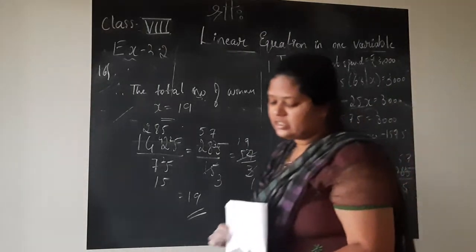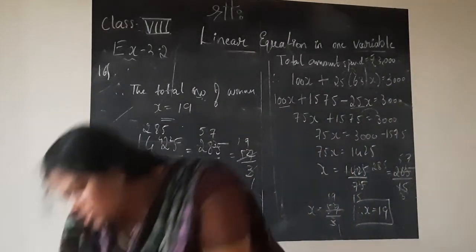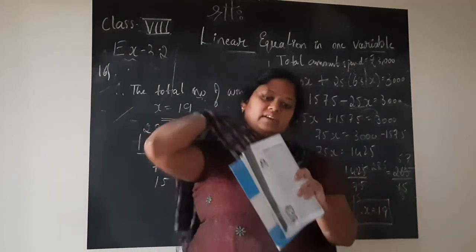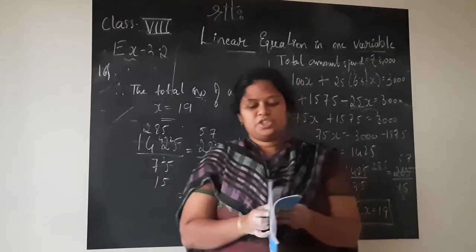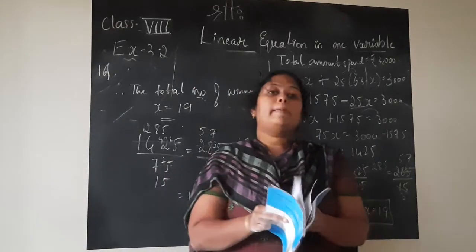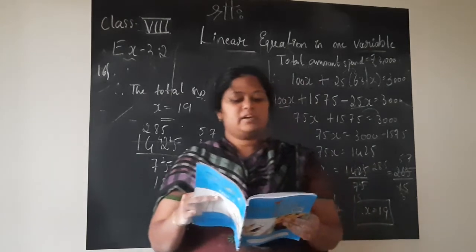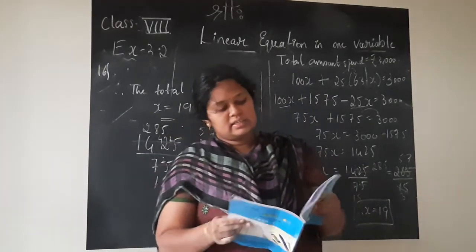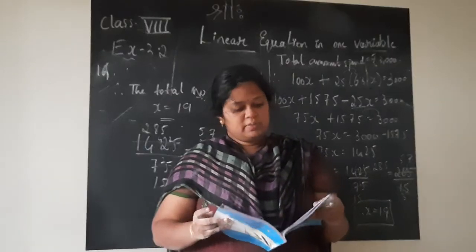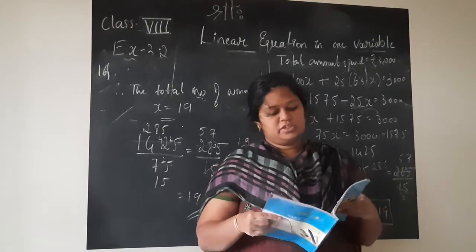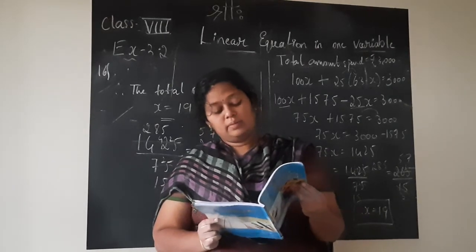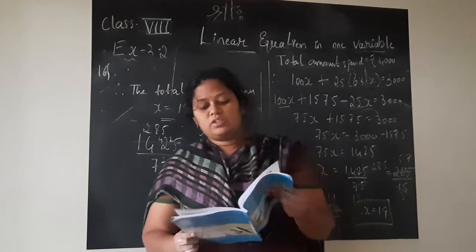So this completes exercise 3.2 in your textbook. Next we have solving equations having the variable on both sides. This is a very interesting concept which I will be teaching you in the next session. So we should solve exercise 3.3, children. Next you have some more applications, that is exercise 3.4, which has been removed as of now. And next you have exercise 3.5 which is reducing equations to simpler form, and we will be solving that exercise. And in one more exercise we are left with equations reducible to linear form. So we are left with 3.4, 3.5 and 3.6 to be solved, children,